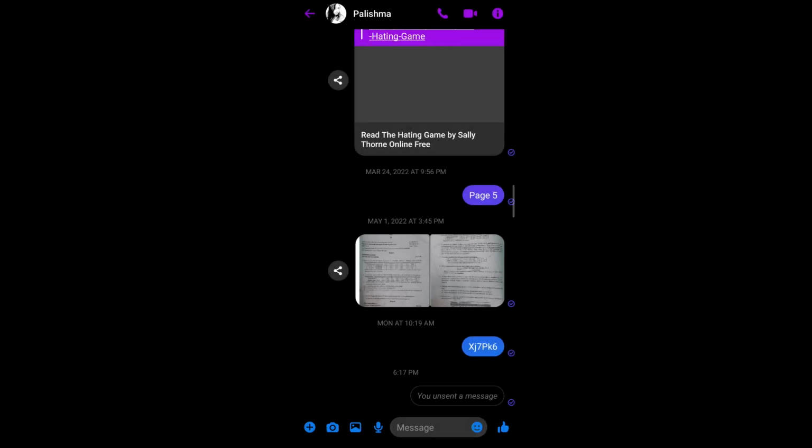When you remove a message, there's two types of message removals, either for yourself or for everyone in the chat. So if you want to remove the message for everyone, go ahead and tap on unsend. Otherwise, go ahead and tap on remove for you. And after you've done that, your message should be unsent from the chat, and this is how you can unsend